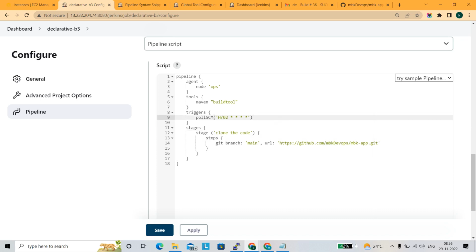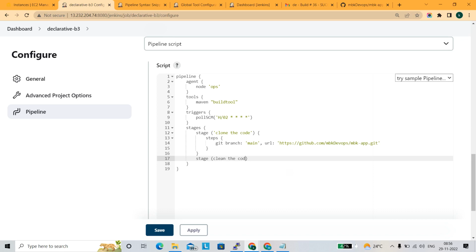We need to write one more stage too. What is the stage? We need to clean this code, after this stage. Under these stages, guys, it means we need to write it after this stage. Okay, another stage. What is the stage? Clean the code,